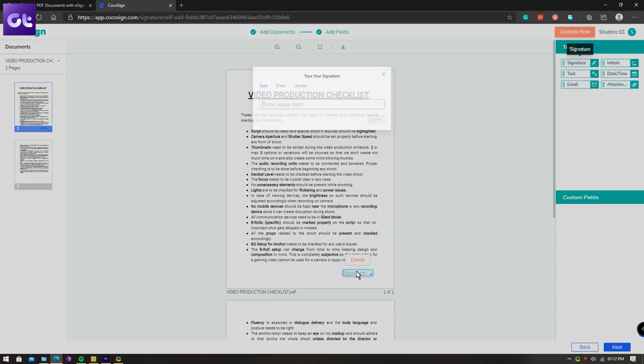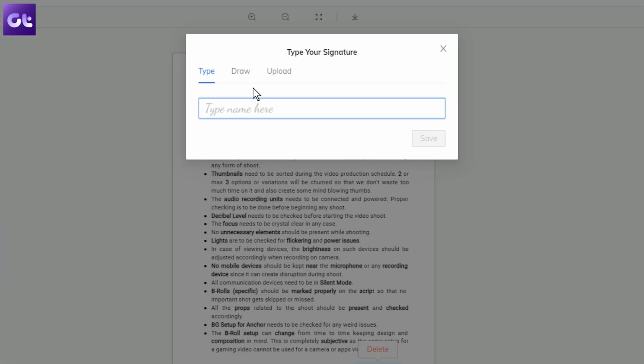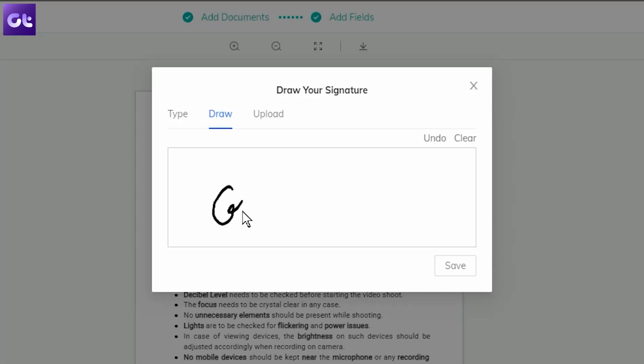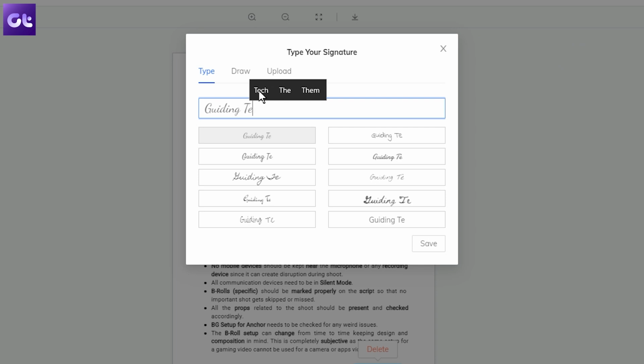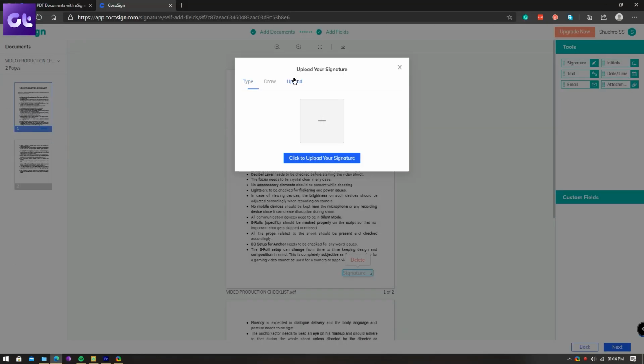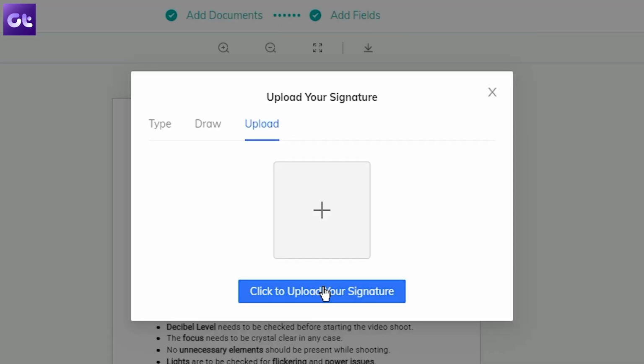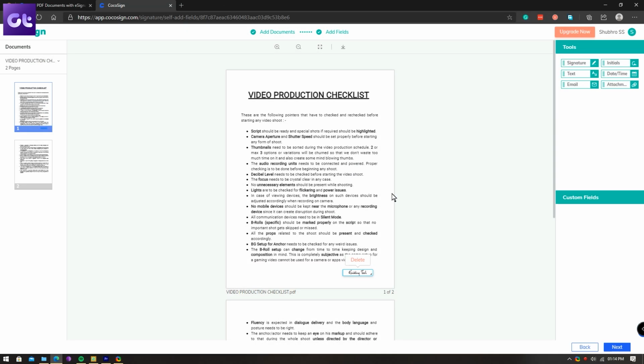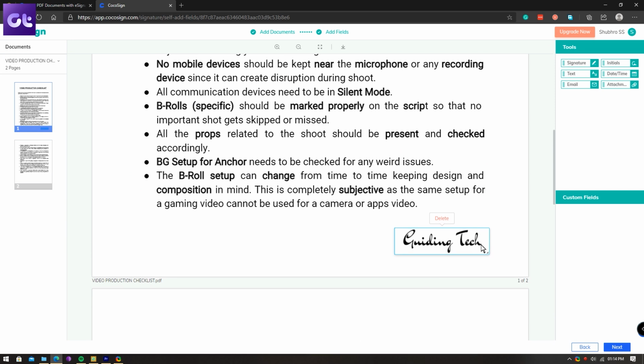CocoSign offers its own digital signature tool that should help you create your own personalized signature. Here, you can use your own touchpad or mouse to draw a signature and then even edit your digital signature if needed. Additionally, you can type in your name and choose the signature style. Moreover, you can even use a webcam to take a picture of your real-time signature and then upload it. Now, once you've decided upon your style of digital signature, just insert it into the document. And that's it. Download your document and use it as you like.